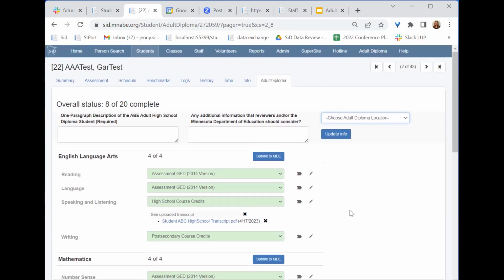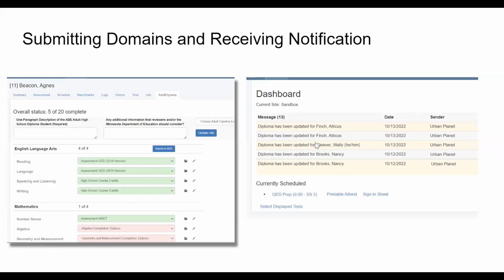Okay, so what we wanted to do next is talk about your processes as programs for how you go through this. Are teachers going in and selecting completion options, or is it data staff that are uploading files and selecting completion options? So I think that's all I needed to share my screen for. So I will do that. Jody, if you are ready to take over then from the presentation where we have our questions. Yep, I will do that, Jenny. Unless anyone has any questions real quick about those screens I just showed you. Okay, stop sharing, but we can cover that real quick.